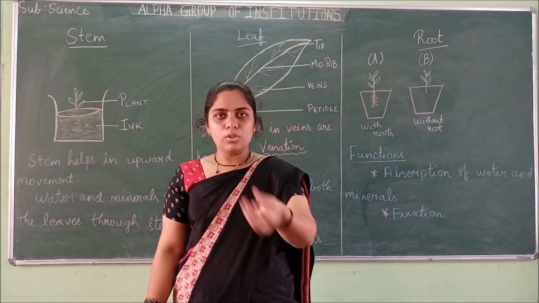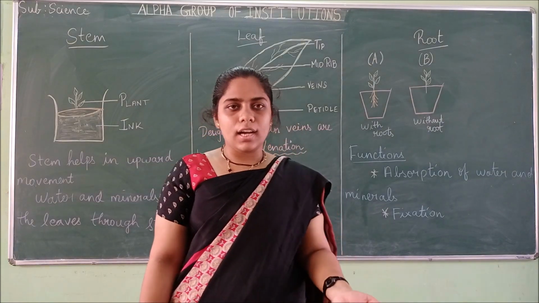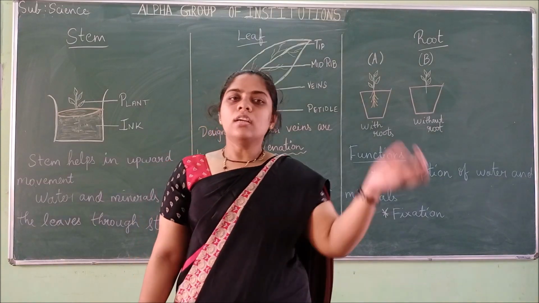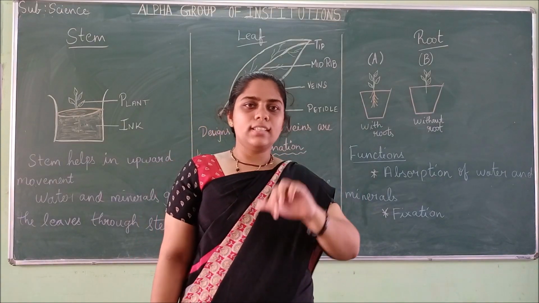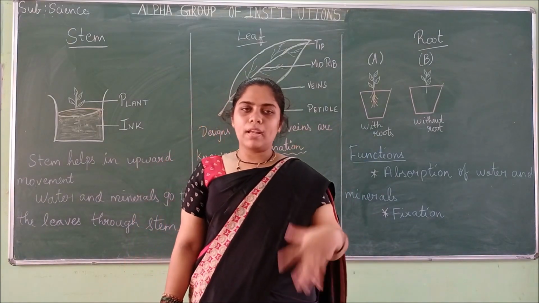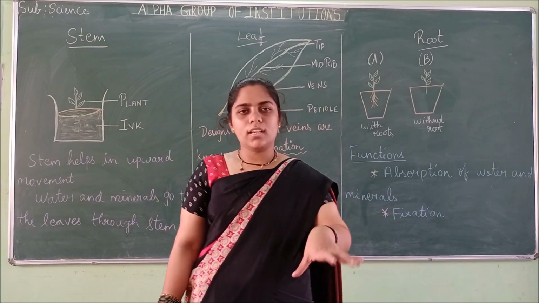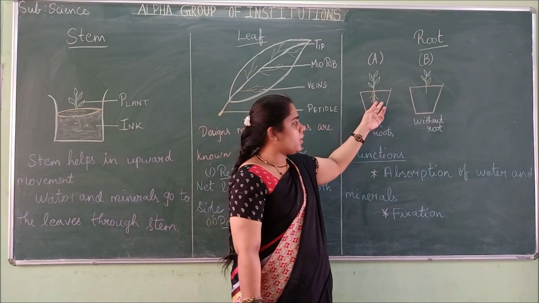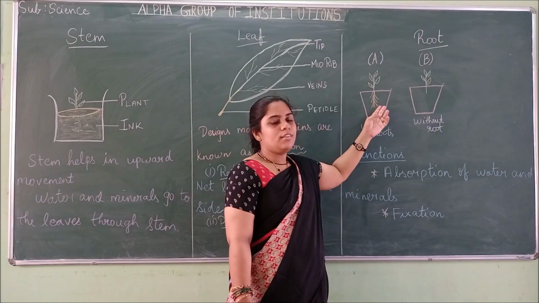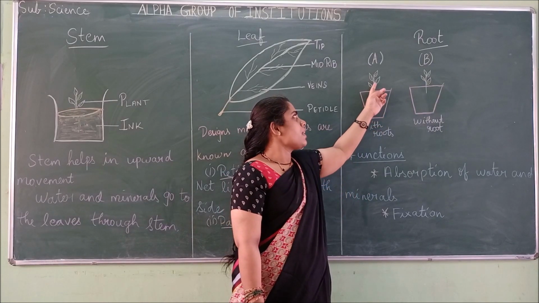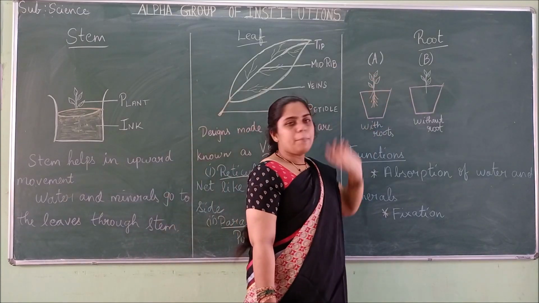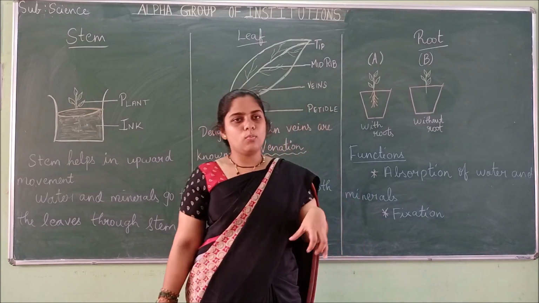So you eat food, you get nutrients like that. Some nutrients will be present in the soil, and we drink water. Like that, plants also need water to drink. So we water the plant. The nutrients and the water will get absorbed here. It will suck like a straw. It will suck the nutrients and water, and it will supply to all the leaves. So this is the main part of getting nutrients and water.